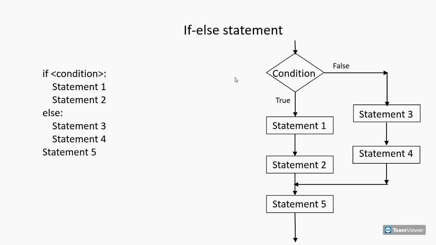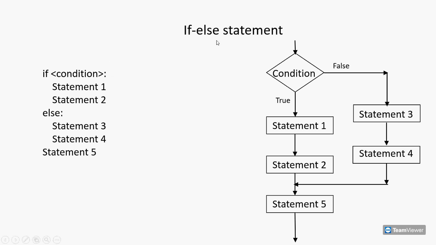So let us now look at if else statement. So here what happens is we have the if followed by the condition, then there is a colon, then comes the statements inside if which get executed if the condition after if becomes true. And then what if the condition becomes false? Do we want to have something else executed? For that we have else. So if the condition after if is true, then some set of statements get executed, and if the condition after if is false, then the statements inside else will get executed.